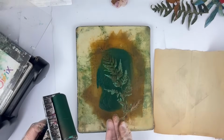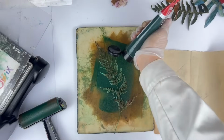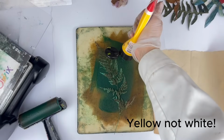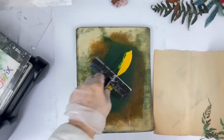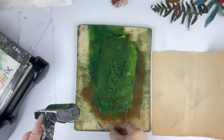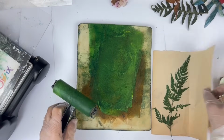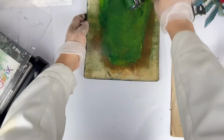I will use this. Just want a little bit more of green. And I will add a little bit of white so it goes more happy with this green. Okay. Before I will just look at that. And now I will add like this. Again like this. I will add into my paper. I will fold, and now just put this aside and